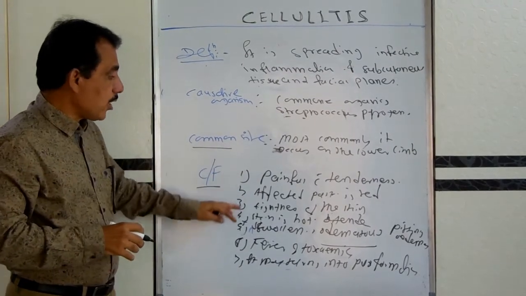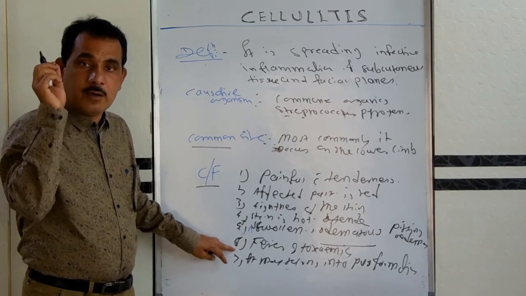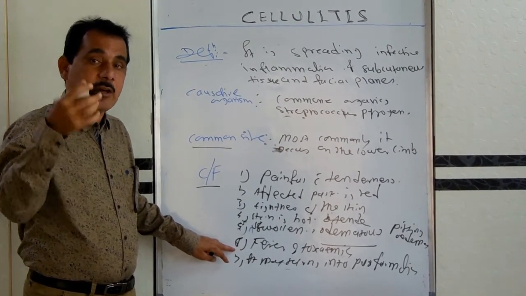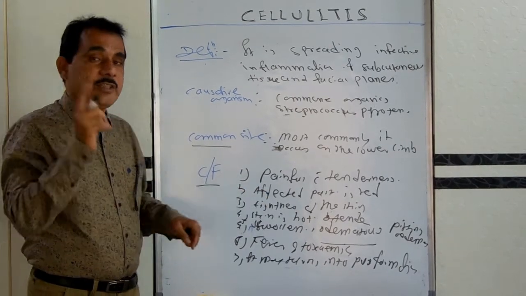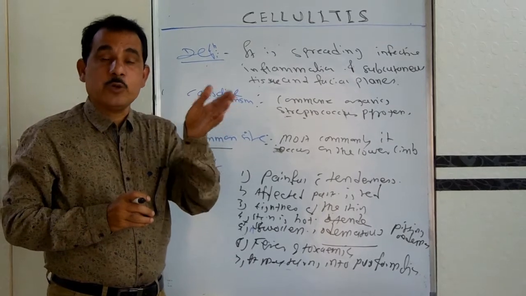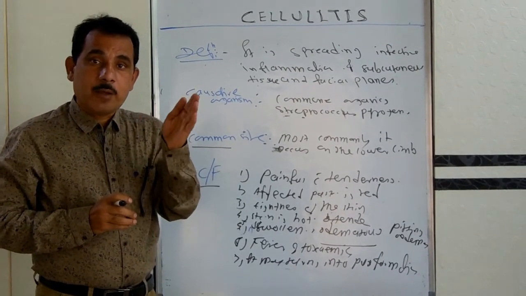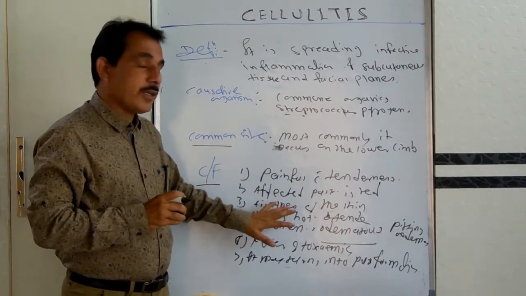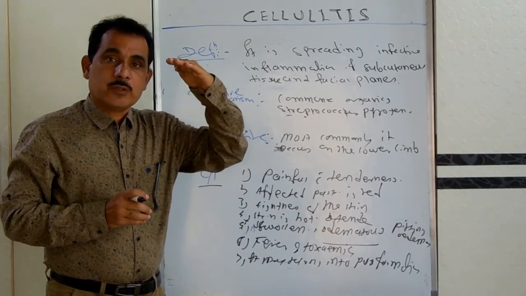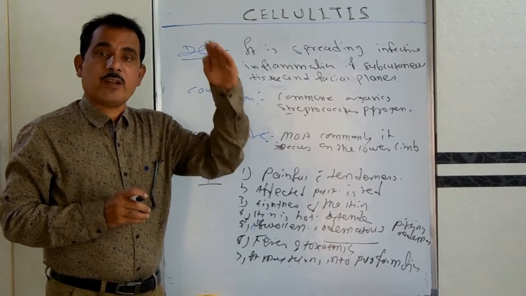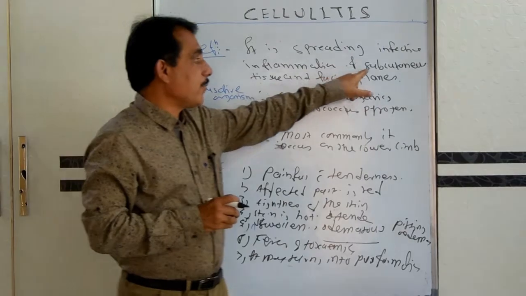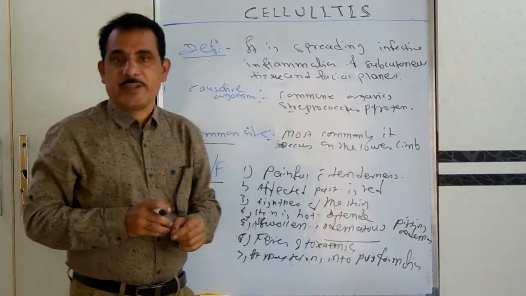So these are the common clinical features of the cellulitis. It differs from the erysipelas and other lesions. As you have seen in erysipelas, the skin is red, rose pink. Here it is not rose pink. Second, in erysipelas, the swelling grows above the surface. Here it is not above the surface, it is underneath the surface, because here the subcutaneous tissue gets affected.